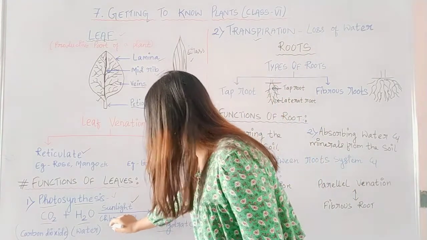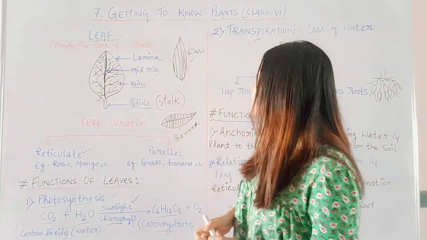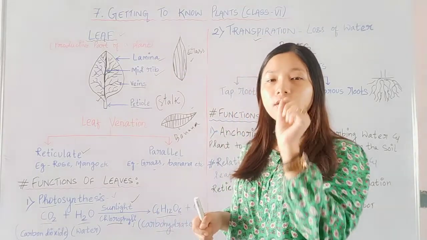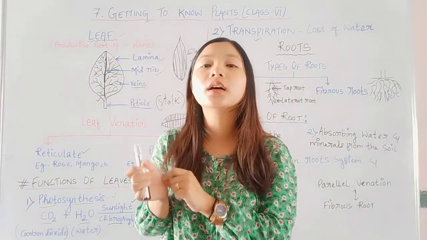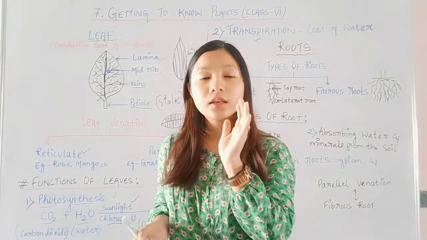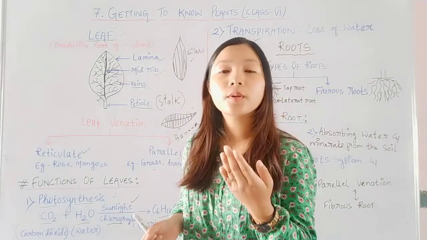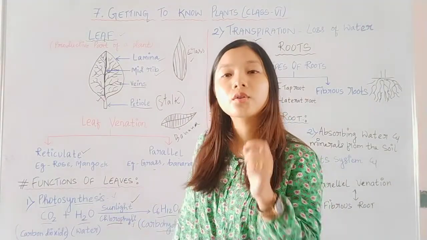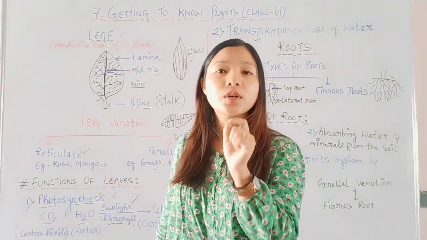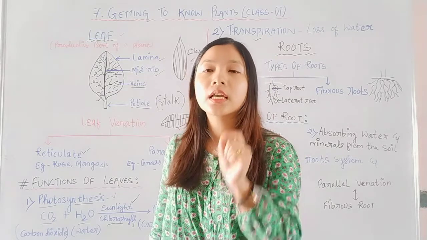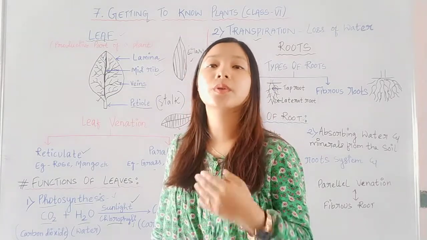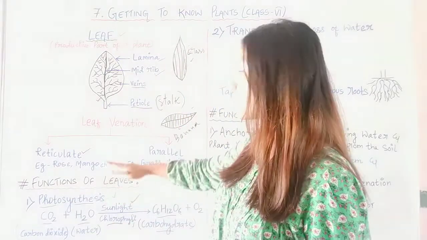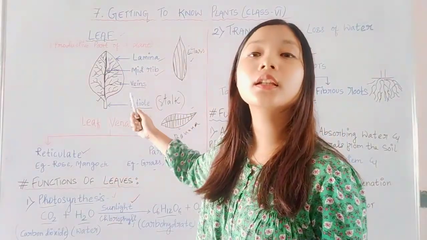Now let me tell you a little about what chlorophyll is. If there is a leaf, then in the leaf very tiny green colored pigments will be there. The reason why a leaf appears green in color is nothing but chlorophyll. Chlorophylls are green colored pigments present in the leaves of a plant, and these pigments help in the preparation of food by the process of photosynthesis in the leaves of a plant.